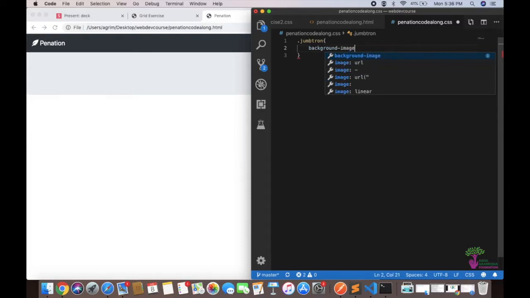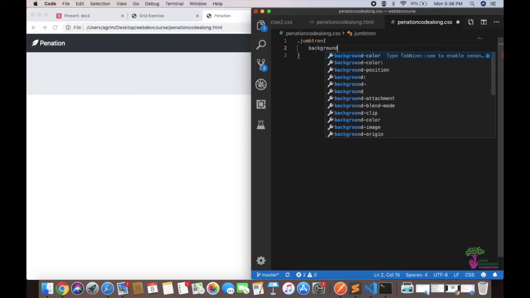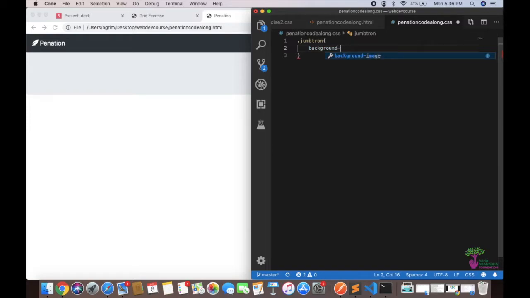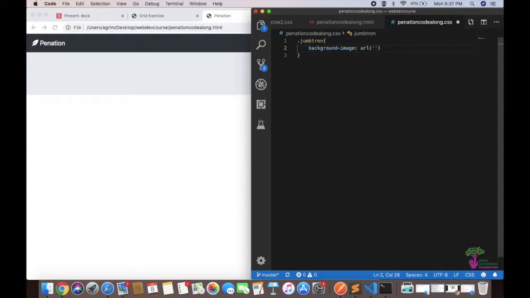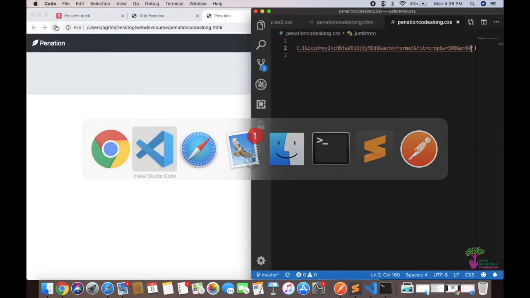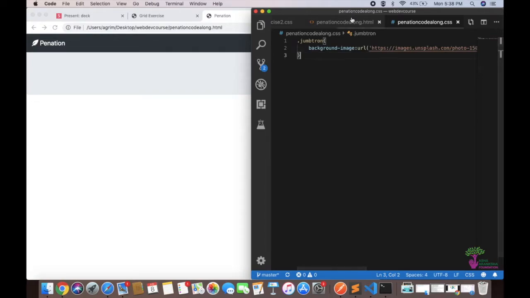background-image, and you can just paste this here. This will not work, right? I'll have to write that again. So how you can do this is through the URL. You'll just have to do url, then a set of parentheses, and then inside of the quotes you paste your URL, right? So if I refresh, I do not see my image,